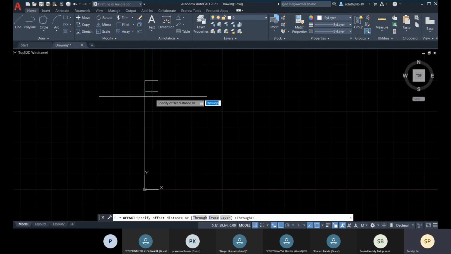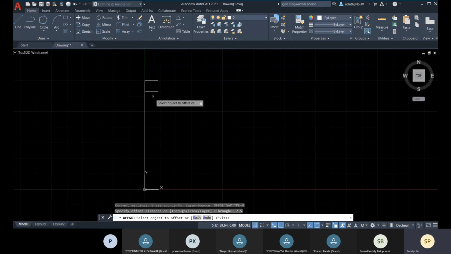So let's go for 2.5. You see I don't have to change my mouse pointer position. If I hadn't turned on dynamic input, I would always have to come to this command line window, click on it, and then type again. This simple fraction of a second can waste a minute of my time. So I'm saving that time.